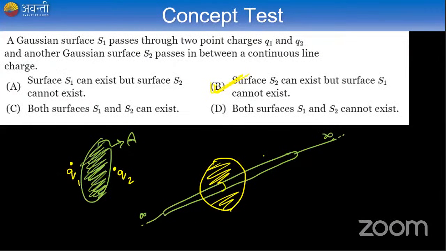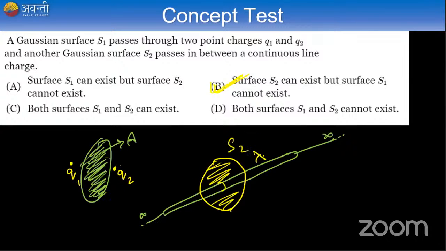Even if I consider one complete Gaussian surface here, I can't say whether this point charge is enclosed inside this surface or not. But when it passes through a uniformly charged conductor, I can say for sure that this surface S2